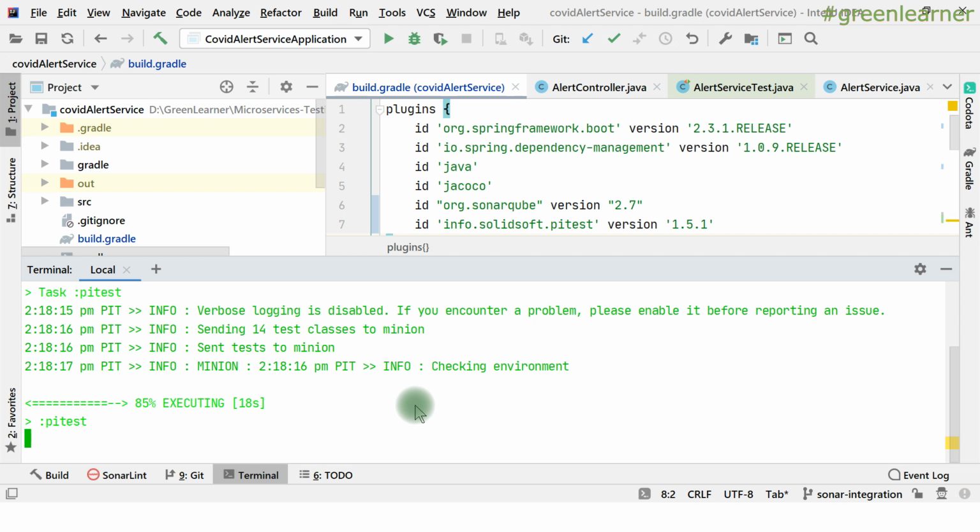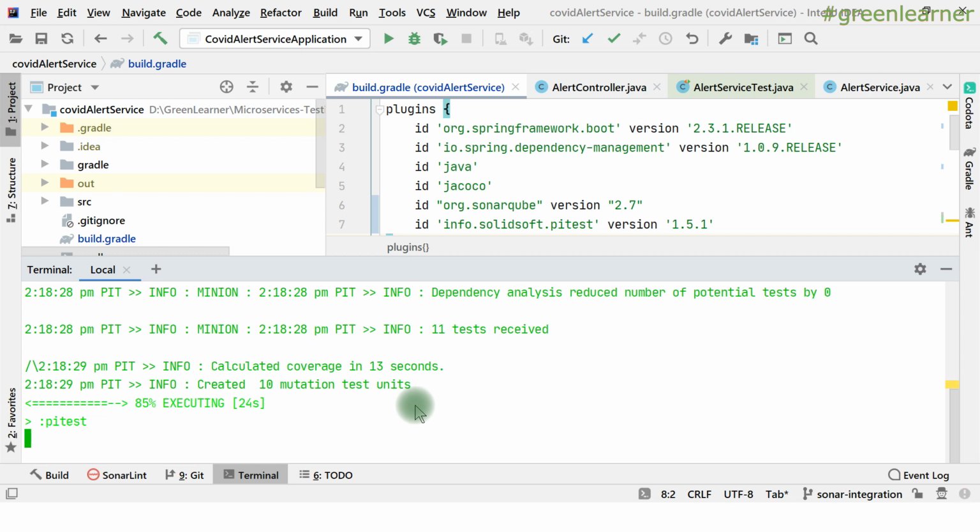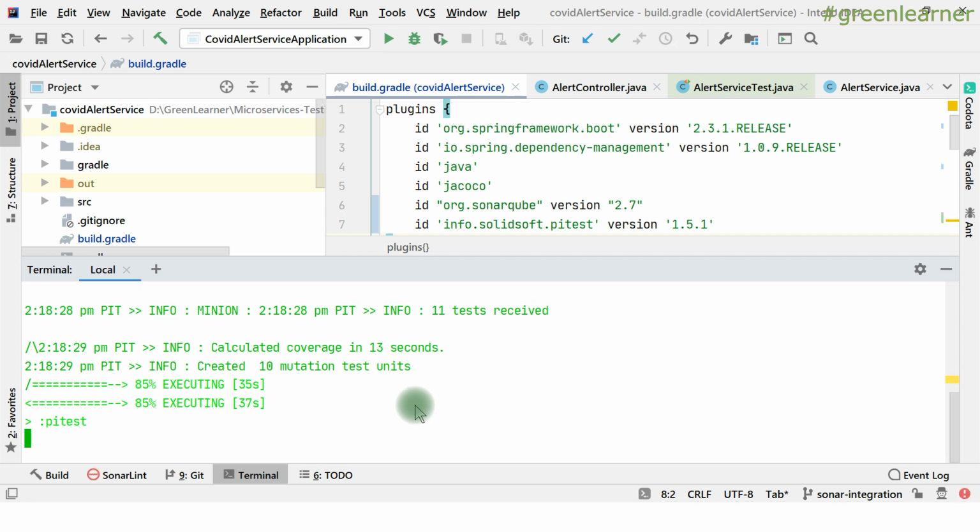The true coverage, I'll say the true coverage. So actual coverage that you have against the unit test cases that you have written, and straightforward it is going to calculate how many lines and how many branches are covered through that. It takes note of that as well, and after that it introduces the mutants and monitors how many are killed and survived. Based on that, it calculates the true coverage and compares those and gives you the proper report.